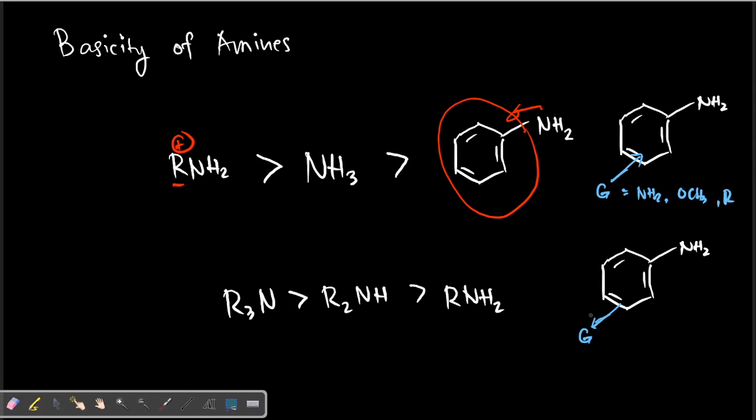Okay? Doon naman sa ating mga electron withdrawing groups, pwede dito yung ating NO2. Okay? Nitroso. Pwede rin dyan yung ating SO3, yung ating sulfuric. Tapos pwede rin dyan yung ating carboxylic acid or yung ating acyl group. And pwede rin dyan yung ating mga halogens. Okay? So, yan yung dalawang groups na pwede natin tingnan. Yung isang group, ito yung tinatawag natin electron releasing.